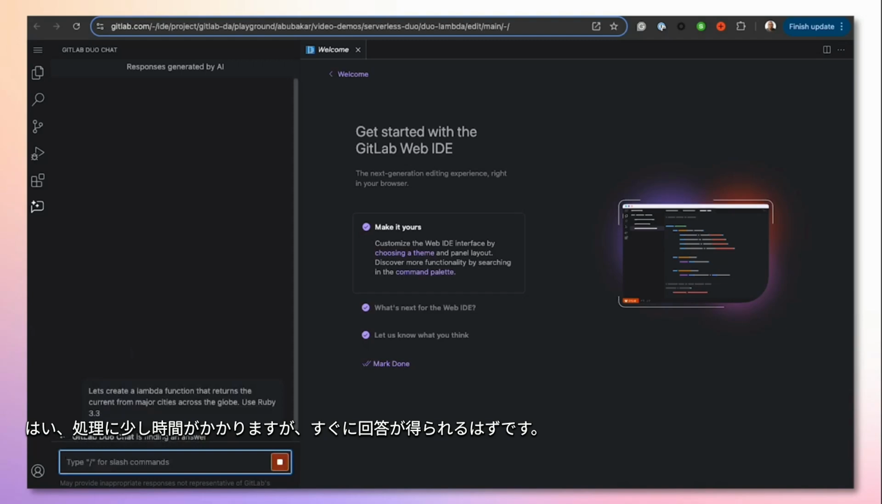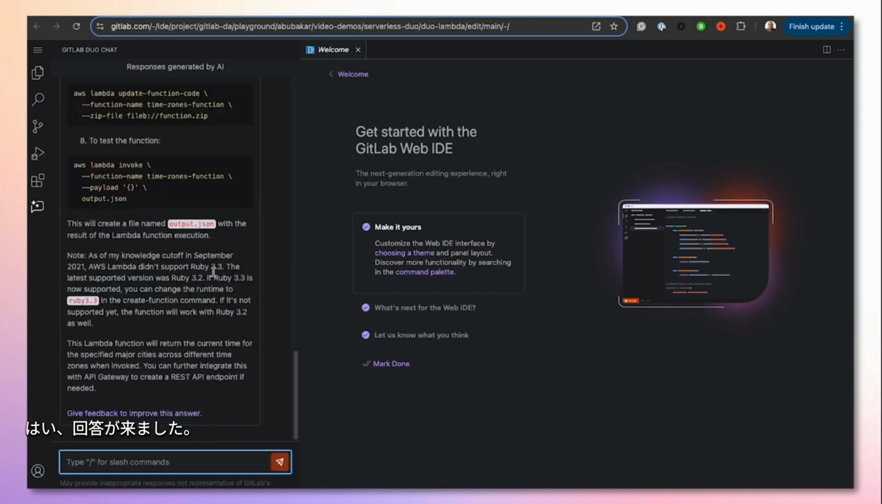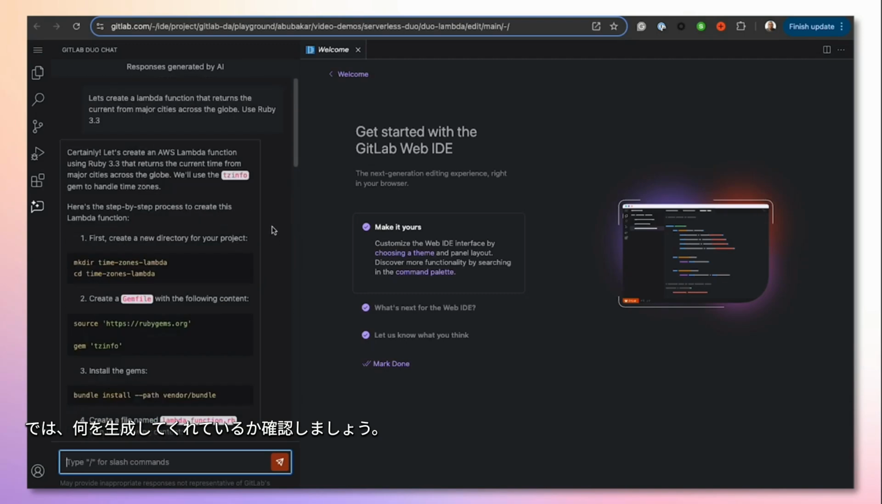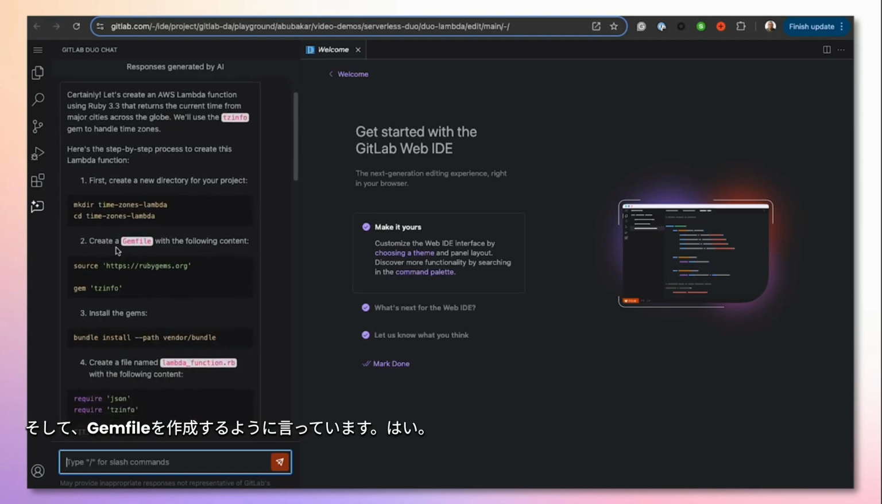It will take some time to do all the processing and should give us an answer any moment now. Oh, it's working on an answer. Yeah, we have our answer. Okay, so let's review what it's generating for us. So here it's saying we should create our directory. Yep, we're going to do that. And it's saying we should create a Gemfile. Okay, let's